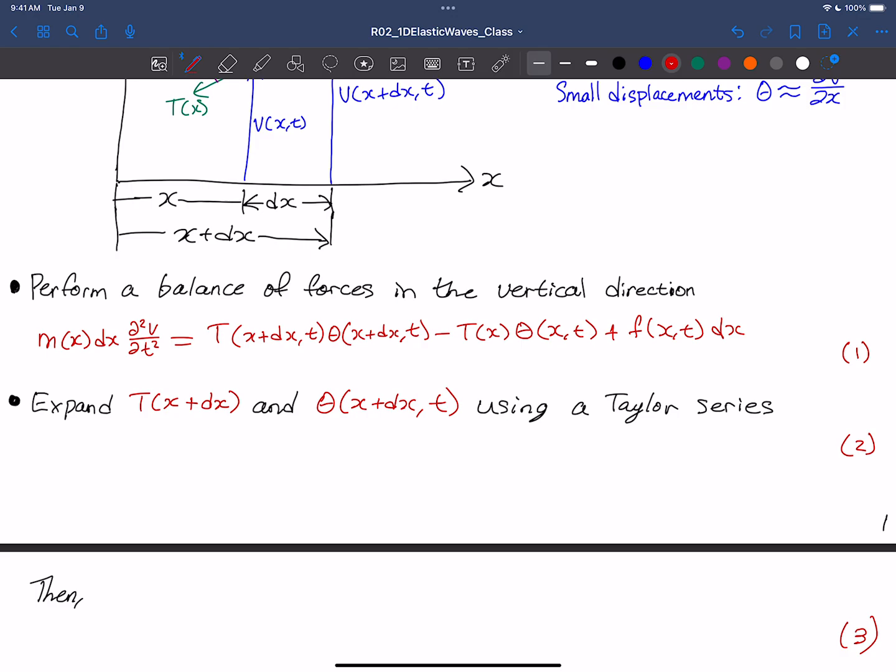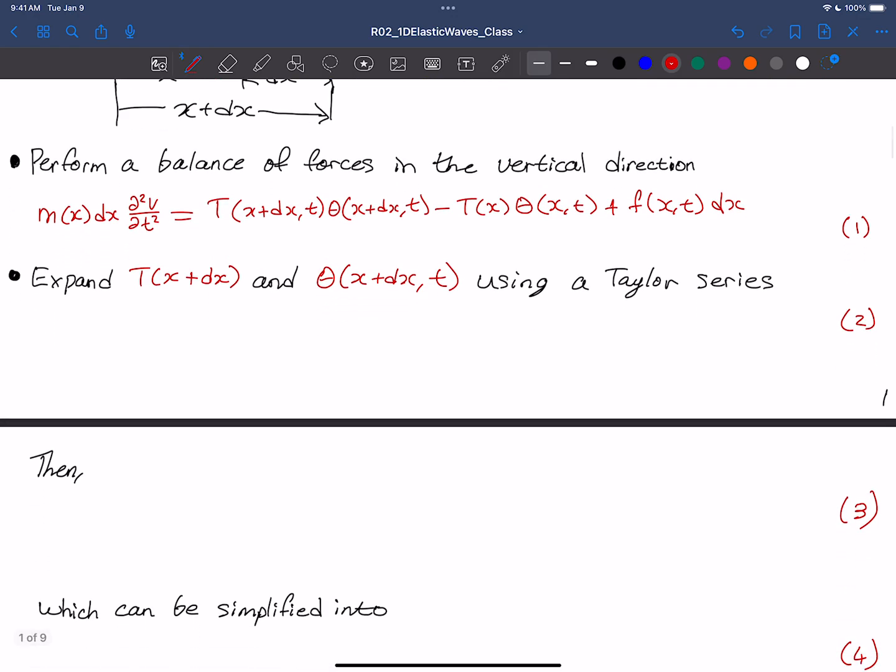From here, what we want to do and are going to do is expand the first two terms on the right-hand side, the ones that I'm underlining here. We are going to expand each of those using a Taylor series approximation, and then we're going to truncate that approximation. So what this then gives us is that